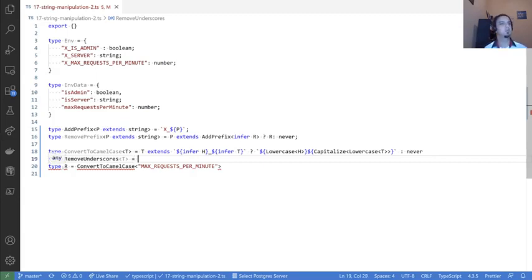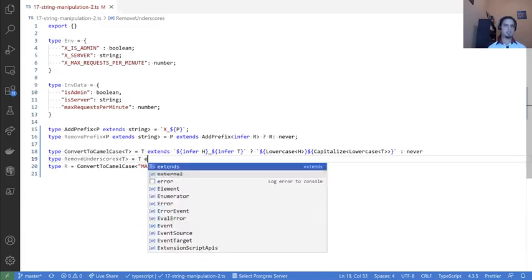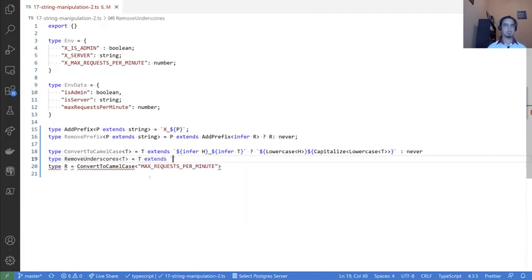Well, we're going to have to use a recursive conditional type. So basically, we're going to remove one underscore token, and then we're going to recursively call remove underscores for the rest of our string until it is no longer a string that contains underscores. So we can say here that if T extends, again, something that has a head and a tail and contains an underscore in between, we're going to keep the head,